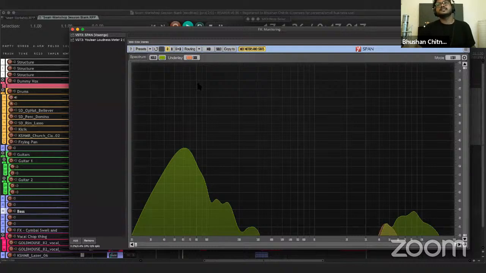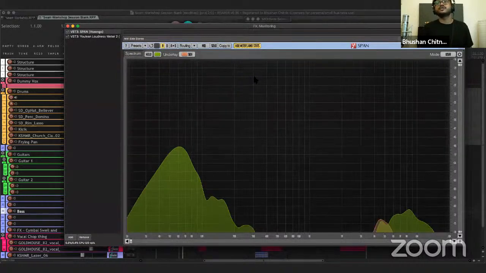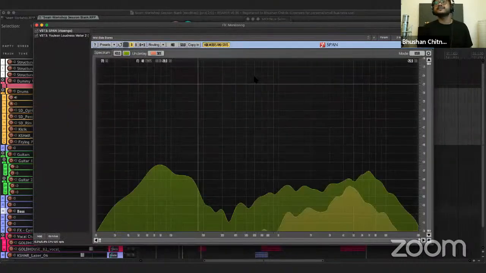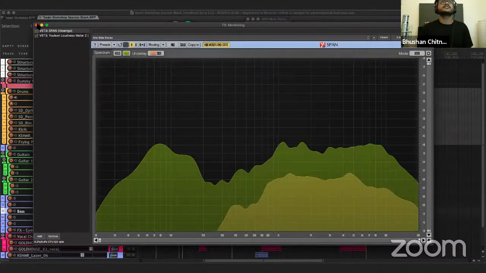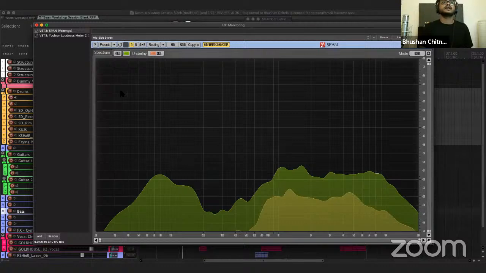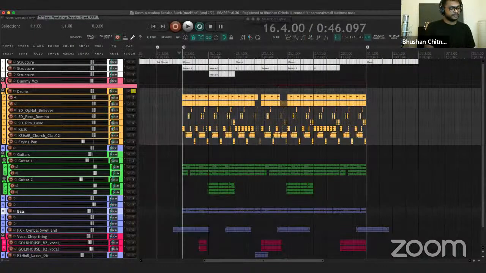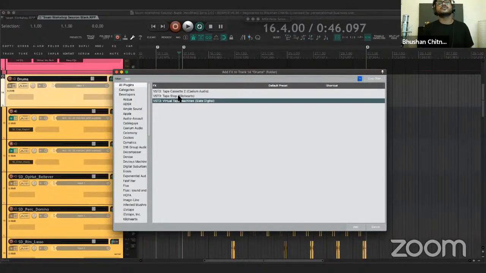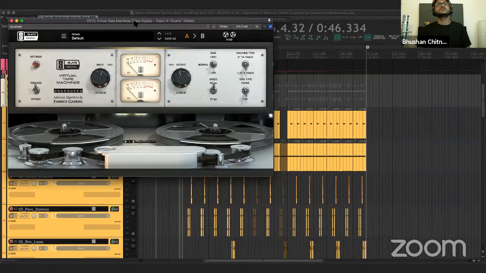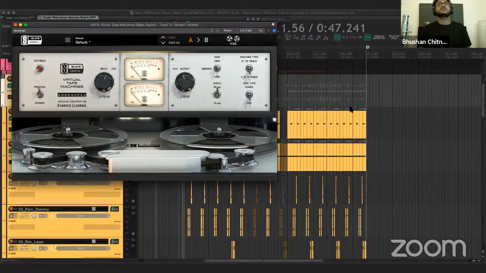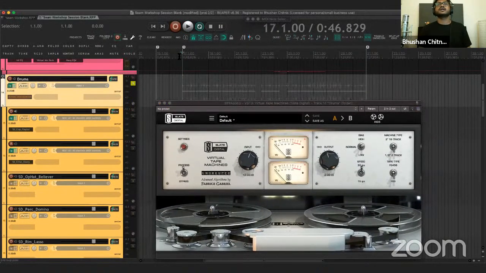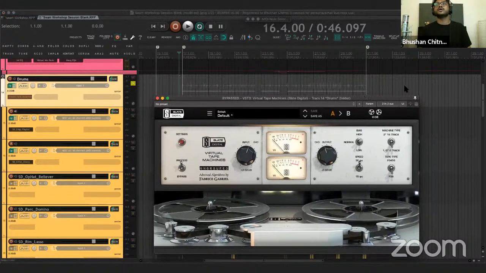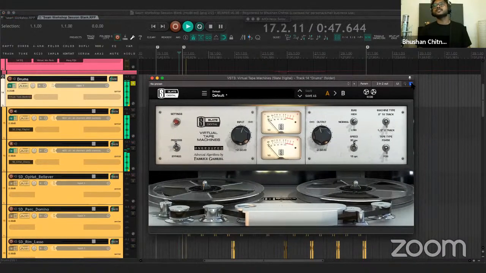I like how it's sitting, but I think it can use a little more grit and a little more lo-fi-ness, if that's a word, right? So what I'm going to do is put some tape saturation on this, on the entire bus. I use virtual tape machines. So if you listen very carefully, it adds like 1 or 2 dB to the low end. With it,